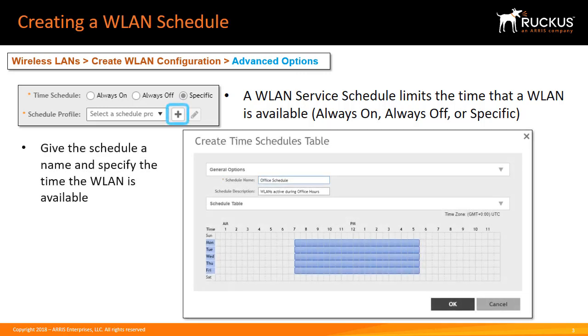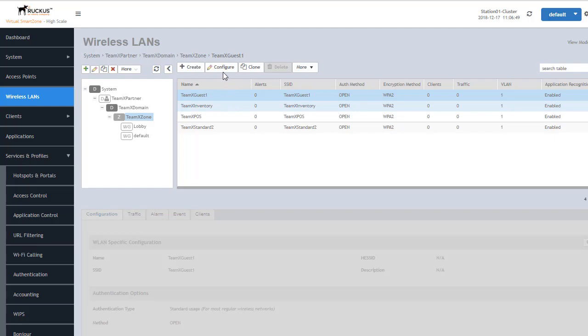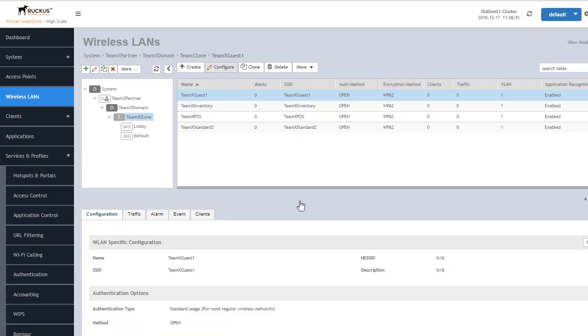To set this schedule, you click on Create within the wireless LAN configuration and open up the Create Time Schedules table. The name of the schedule, as well as start times and end times, can be configured by mousing over the times in which you want available. Let me demonstrate. Now within any given wireless LAN, we can go into the LAN settings and we configure it,